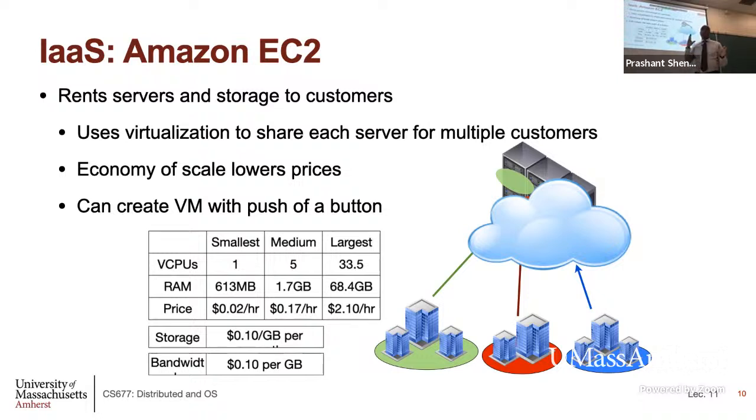Okay? And each physical server could run multiple virtual machines belonging to multiple customers. Each customer gets a login into their virtual machine. They don't see anything else happening on that physical server, but typically there are many other VMs running on that physical server that belong to others that you don't even know. Okay, so you will have multiplexing of resources on each physical server.